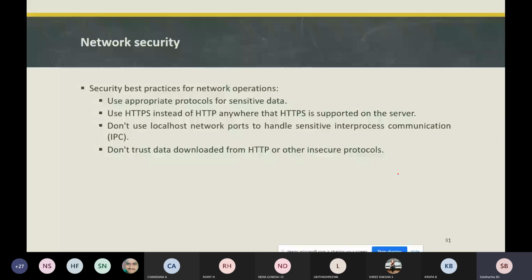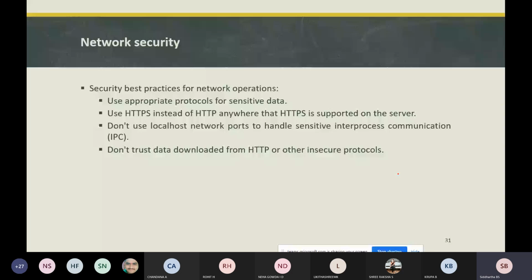So when you are implementing applications, we need to keep the user data secure at all times whenever it is going to connect with the internet. The developer should implement it in such a way that the user's data is secure at all times.